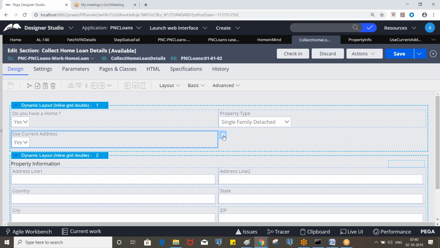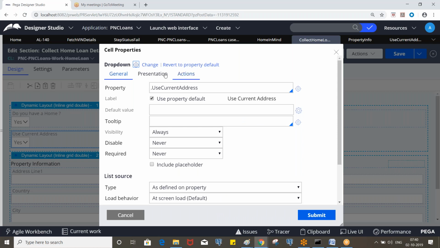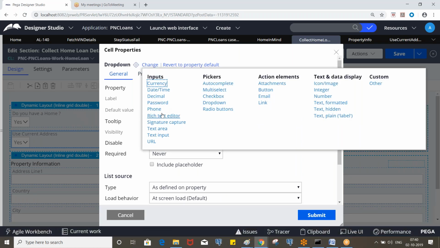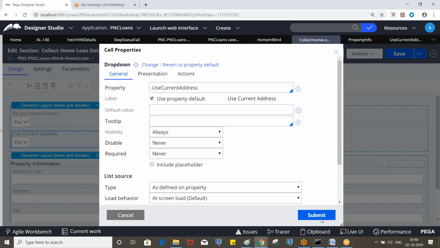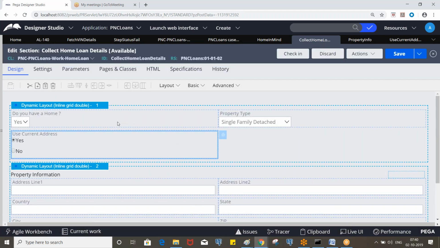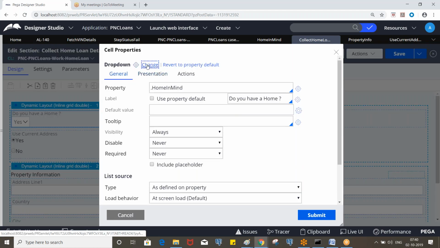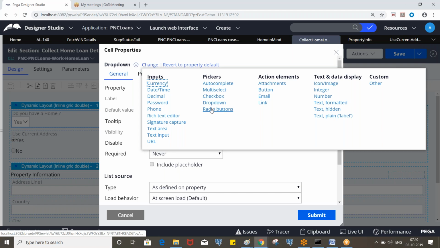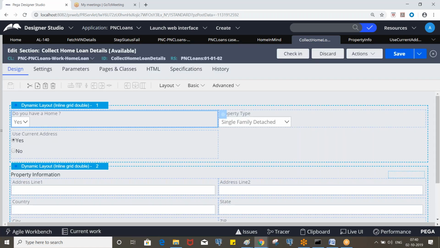So this is a radio button, right? You can change the control from here also. This one also will be a radio button. Change from drop down to radio buttons.